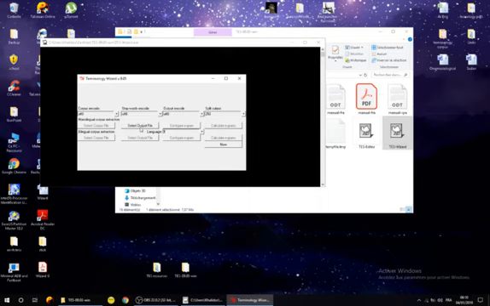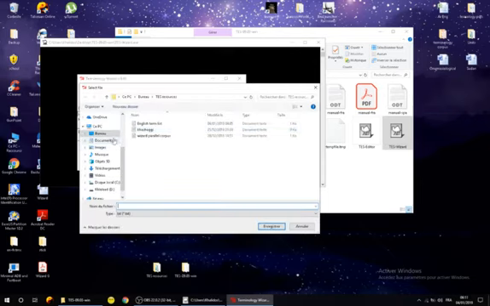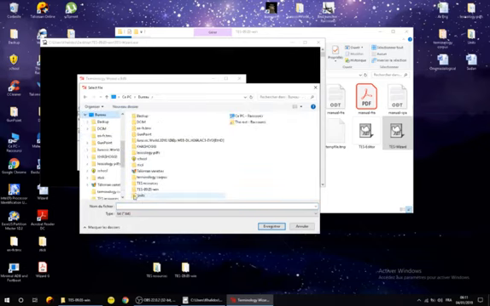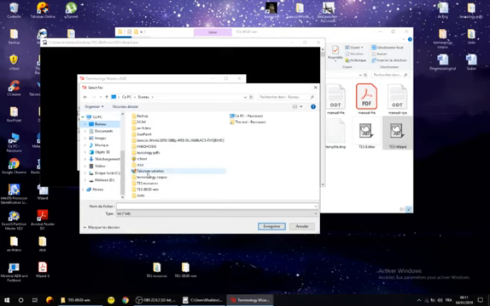So we will select the output file. It's where the program will save the file generated for the second tool, which is the editor. So I will choose the desktop so we can find it easily. Name it findings,